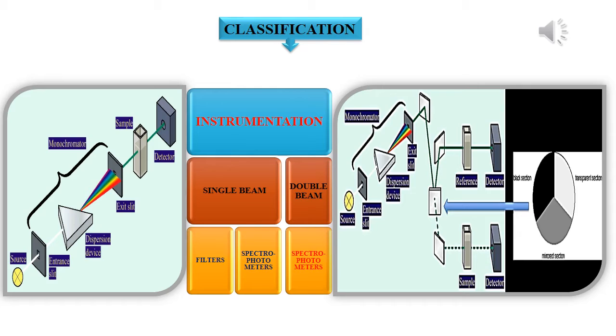So single intensity, you see from the source to detector only single line is given, that is single intensity of radiation is passed. So it is called as single beam instrument. Coming to the double beam instrument on right hand side, that is source, monochromator, then it is going to the mirror device, mirroring system in the instrument, that is called as collimating system in the instrument, where it will be having reflecting